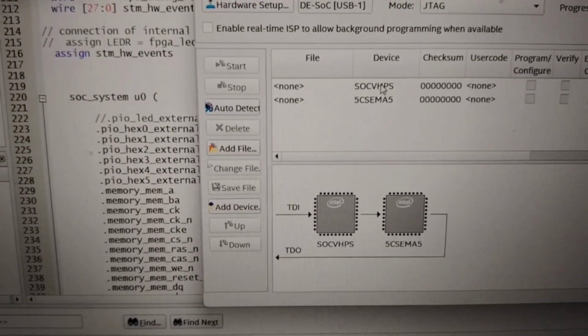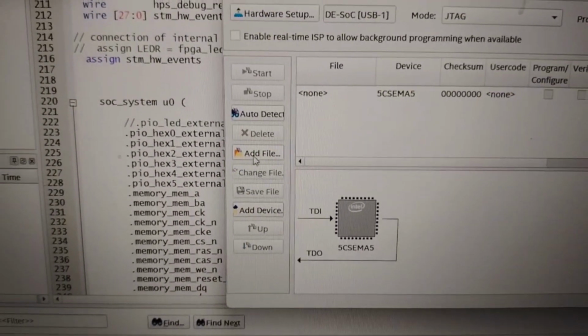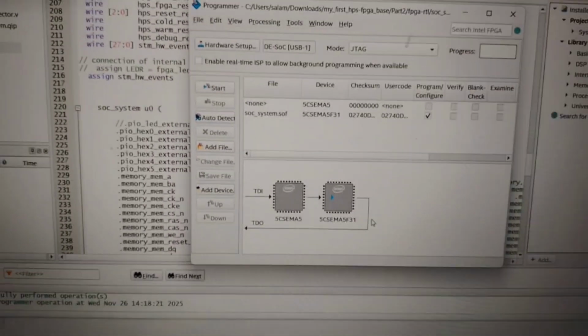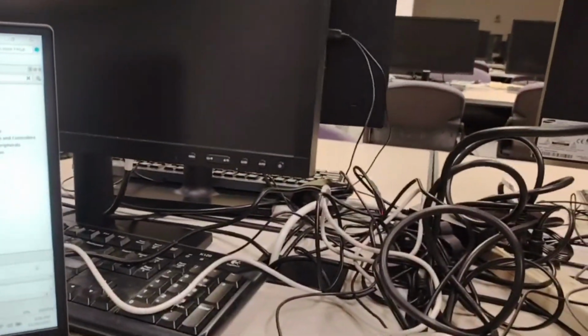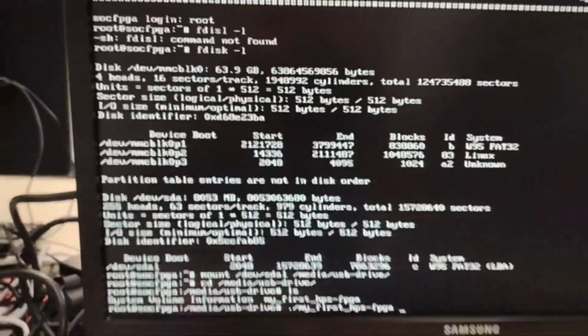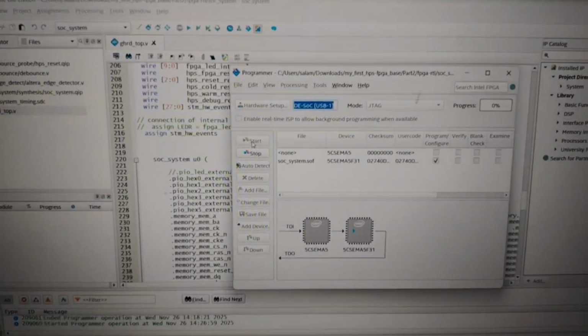I don't need this one, and add the SOF file. So right now I'm going to implement it to run this code, and the screen will disappear. Alright, and now I will start running the